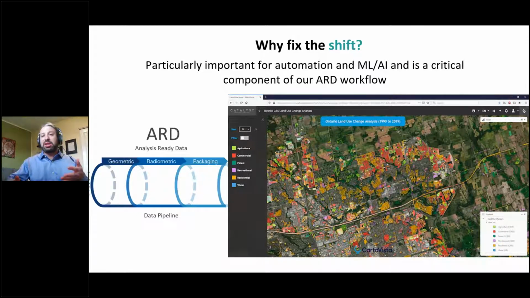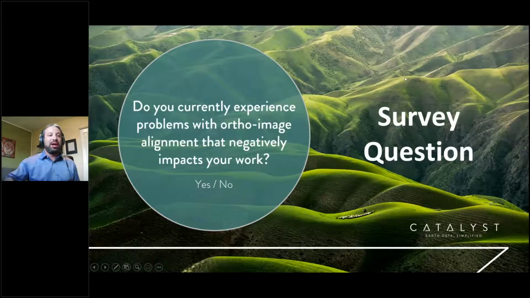We have customers using it as a standalone to improve the accuracy of the ortho-images within their stocks or archives, but also as a piece of a larger workflow within analysis-ready data. So with that, I'm going to hand things over to Jason, who is going to showcase